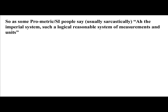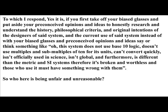So, as some pro-metric/SI people say, usually sarcastically, quote, "Ah, the imperial system, such a logical, reasonable system of measurements and units," unquote. To which I respond, yes, it is. If you first take off your biased glasses and put aside your preconceived opinions and ideas to honestly research and understand the history, philosophical criteria, and original intentions of the designers of said system and the current use of said